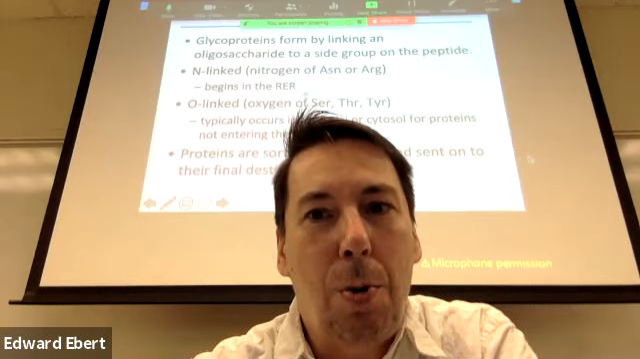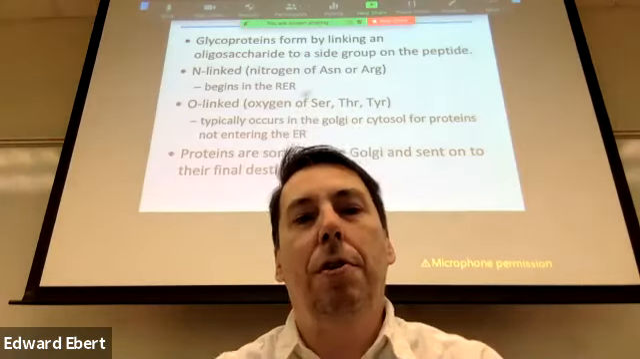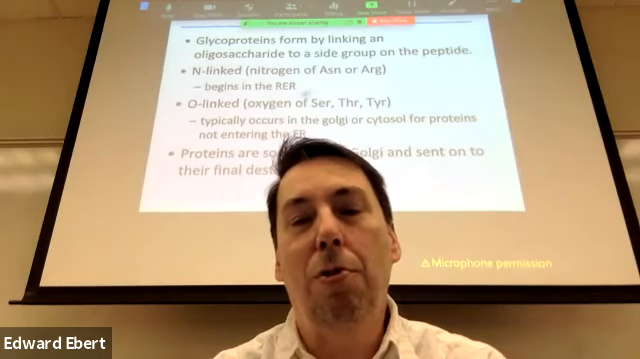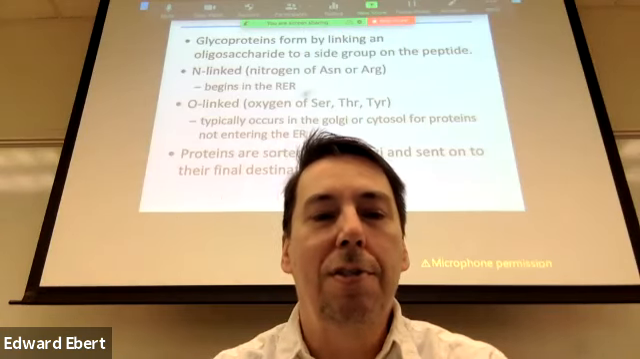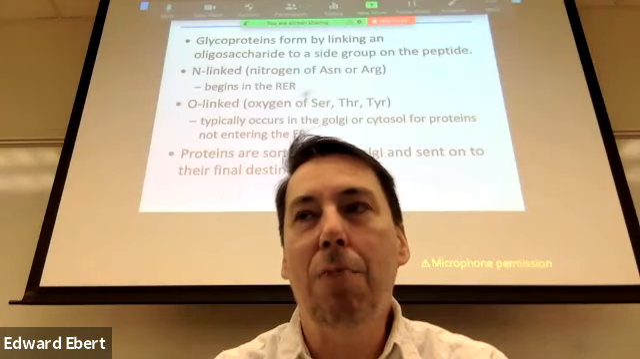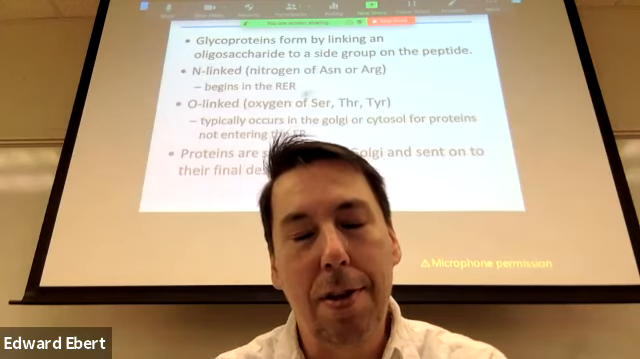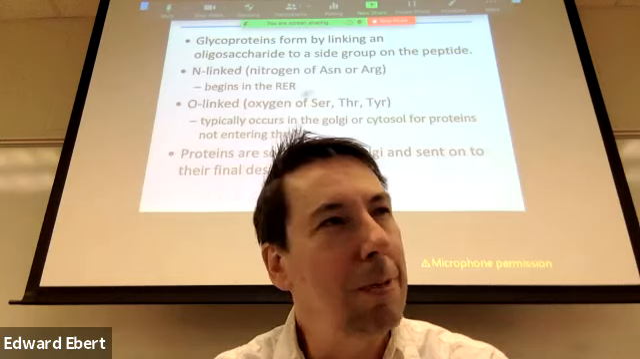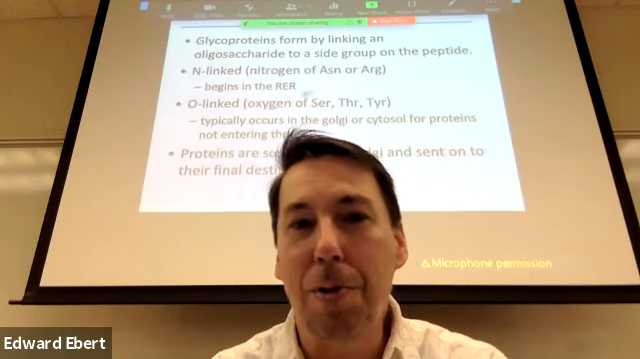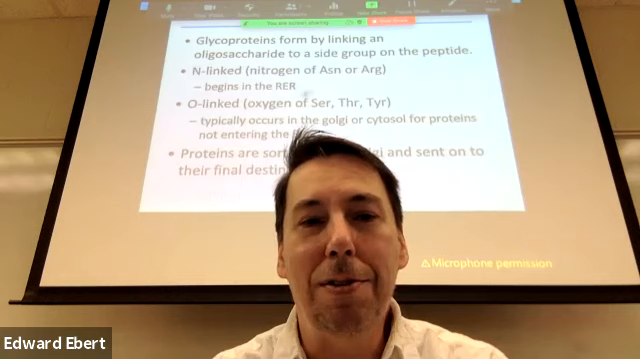Glycosylation is very important to the function. And you see a glycosylation pattern of proteins also important for recognition and interactions. So there's two main types: N-linked, where we attach to a nitrogen. This nitrogen is going to be in the residue of either asparagine or arginine. Starts in the